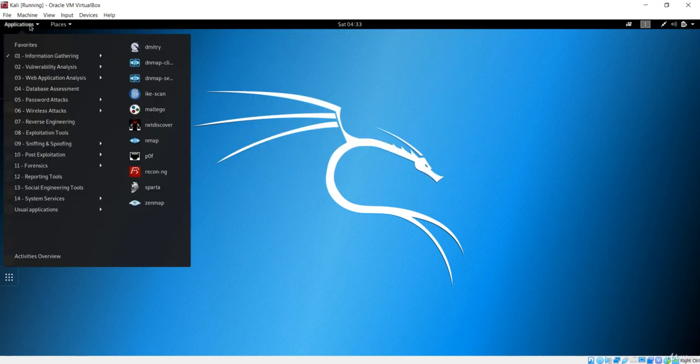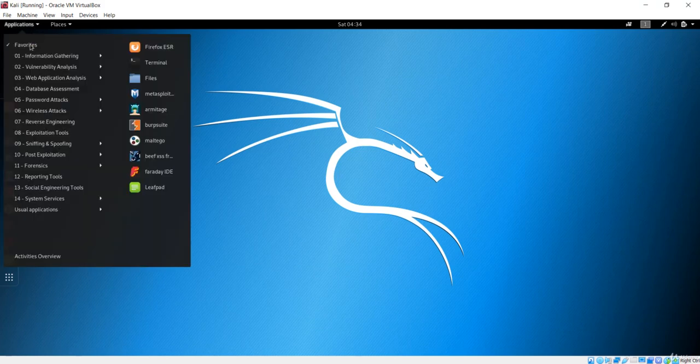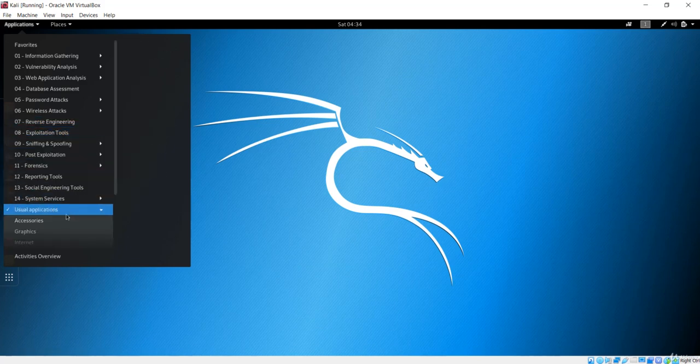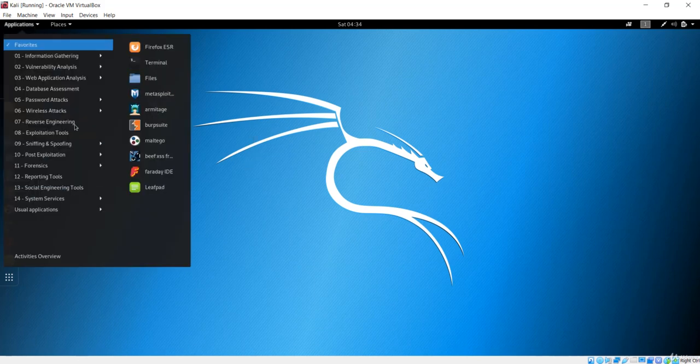the application section. In the applications you can see the favorites, where we have the Firefox, terminal, and files, and the important applications over here, which are Maltego and the BeEF XSS framework, which you can also navigate from this left-hand side menu bar. In the applications you can see a bunch of applications covering wireless attacks, reverse engineering toolkits, social engineering toolkits, and useful user applications, which will be your accessories and graphics. So these are the bunch of applications. You can simply go over here and navigate this.